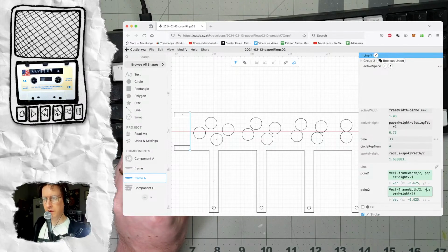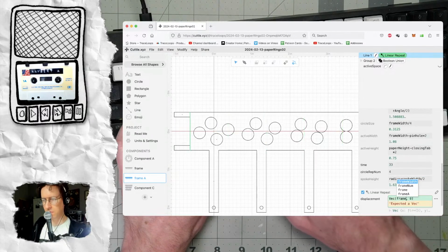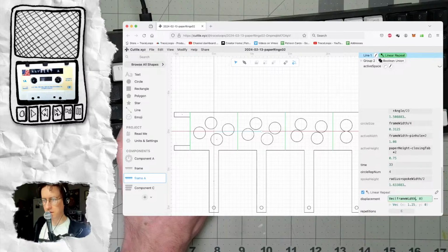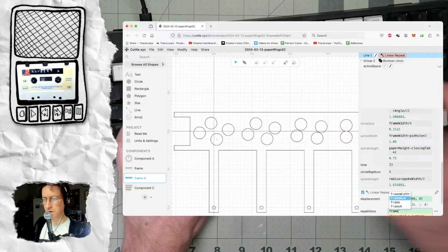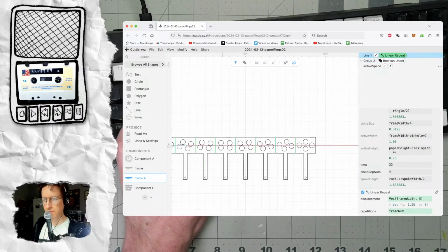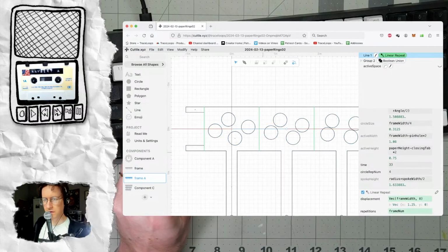So I got that there, and modify linear repeat, the displacement is frame width, and the repetition is frame num. Does that get me as many as I need? Yes, it does. And then I just need an additional one